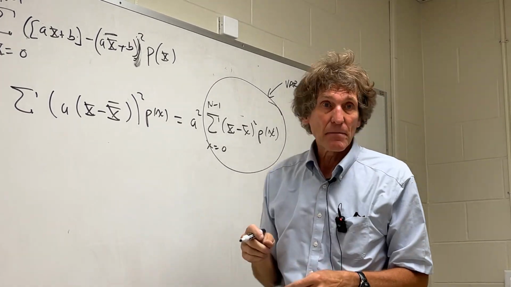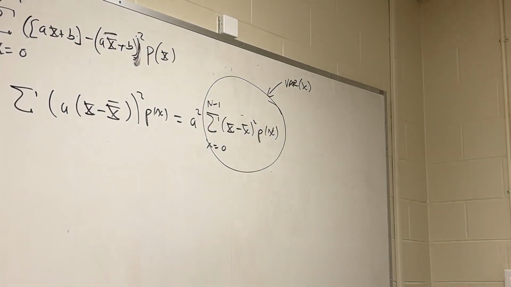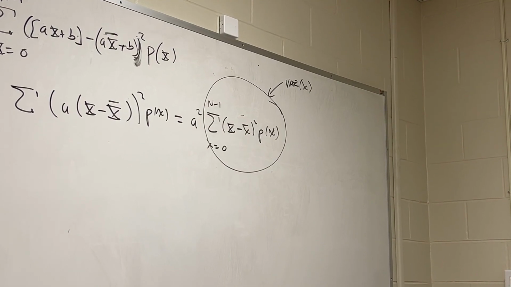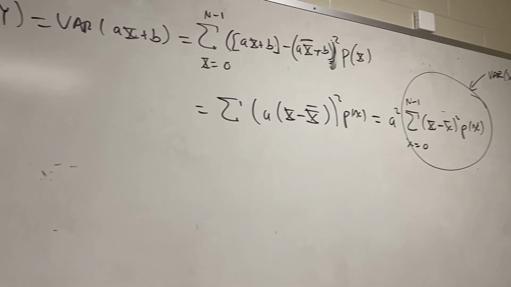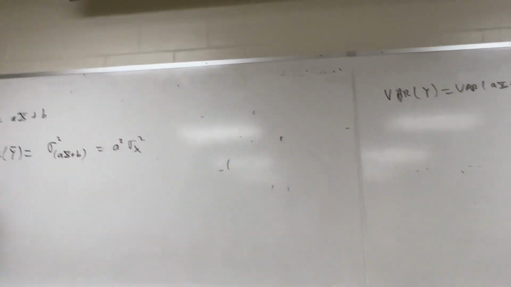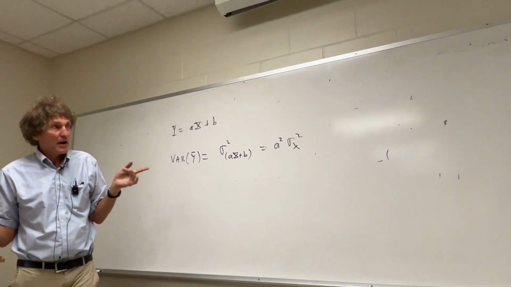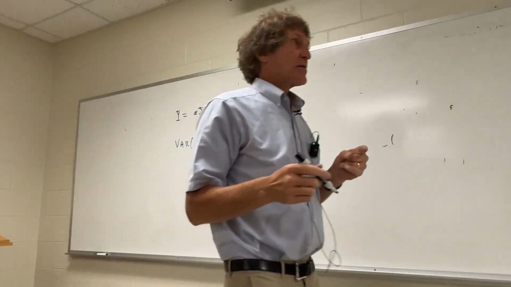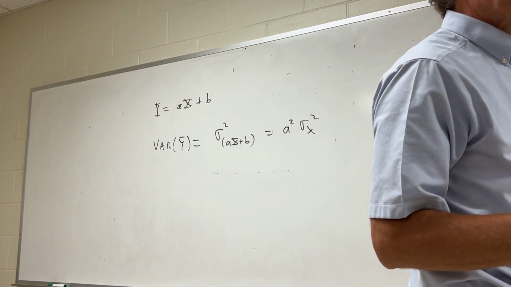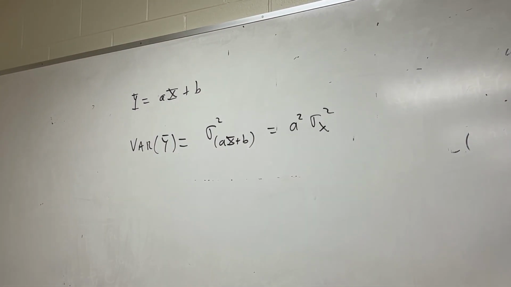Right there. Y'all see that? The a and b don't matter. The a squared matters because it's weighing the x, but b doesn't matter. It's a constant. It doesn't affect the variance. Y'all with me? Now, when you take a look at the standard deviation, though, remember that's the variance, right? So the standard deviation,